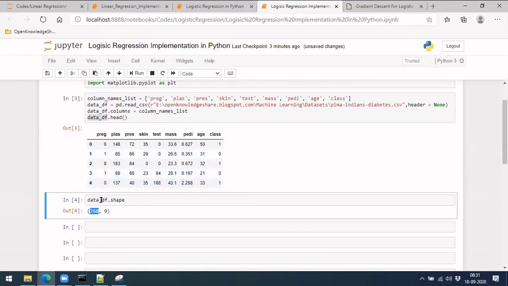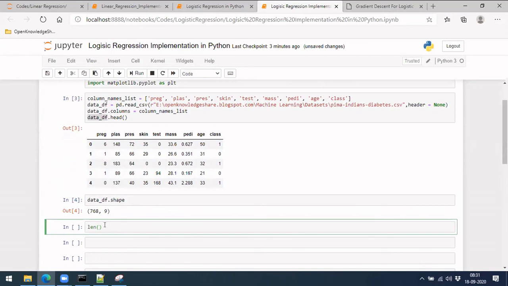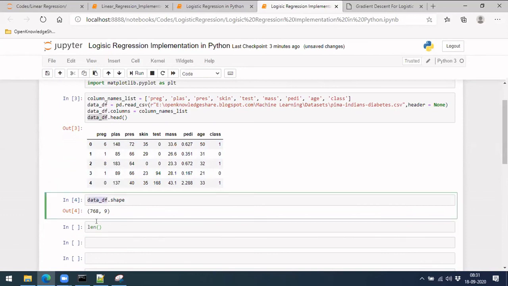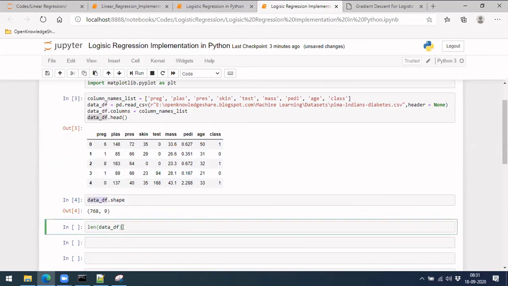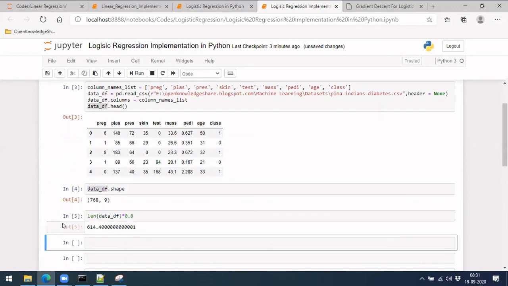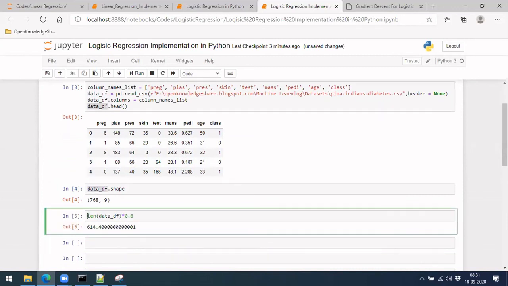If you want to split these 768 rows, let me take the length of this into 0.8, and if you take the integer value of this, let me put int.